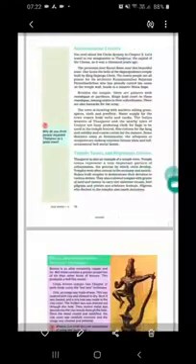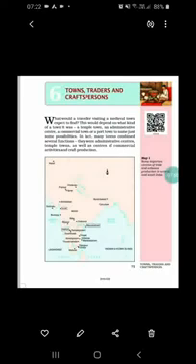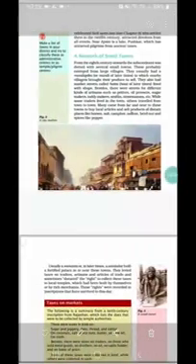Okay, so we have read about the administrative town, we have read about temple towns, and we have also seen how a town was called a commercial town. A town was called a commercial town when many trades were carried on over there. Like we have seen in Tanjavur that there were traders trading in different things, clothes and spices, and there were artisans making very beautiful bronze idols, right?